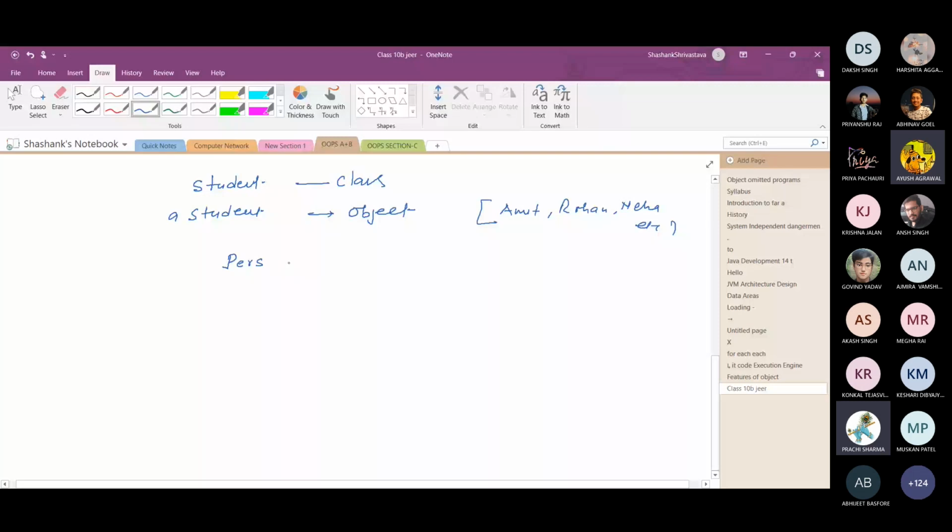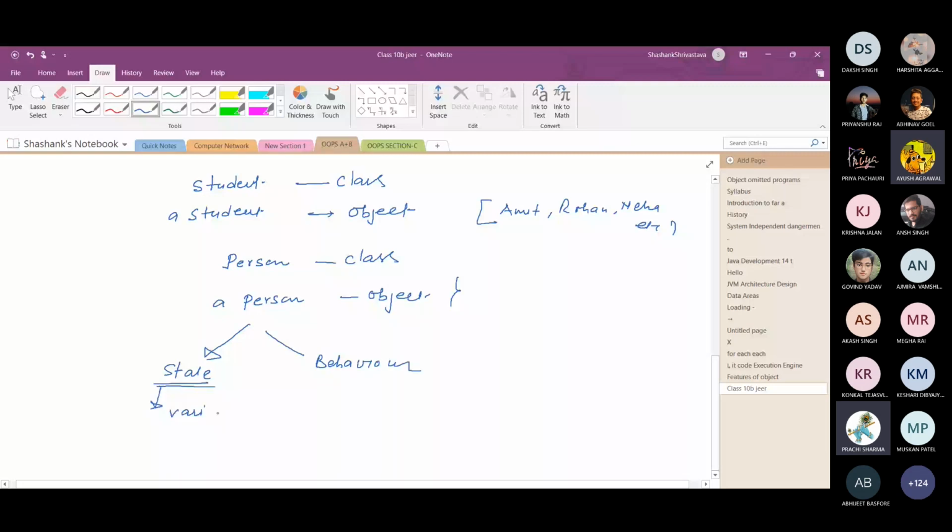So there are two things, state and behavior of an object. The state of an object is defined by the various fields or variables of the class. जो class की fields declare की गई हैं वो define the state of an object.